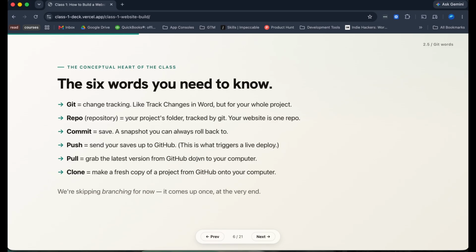So now we're moving a little bit into GitHub here. GitHub has a lot of terminology, which is just different words for what we already do with our type of documents. Git, which is the basis of GitHub, is a technology that is basically tracking changes.